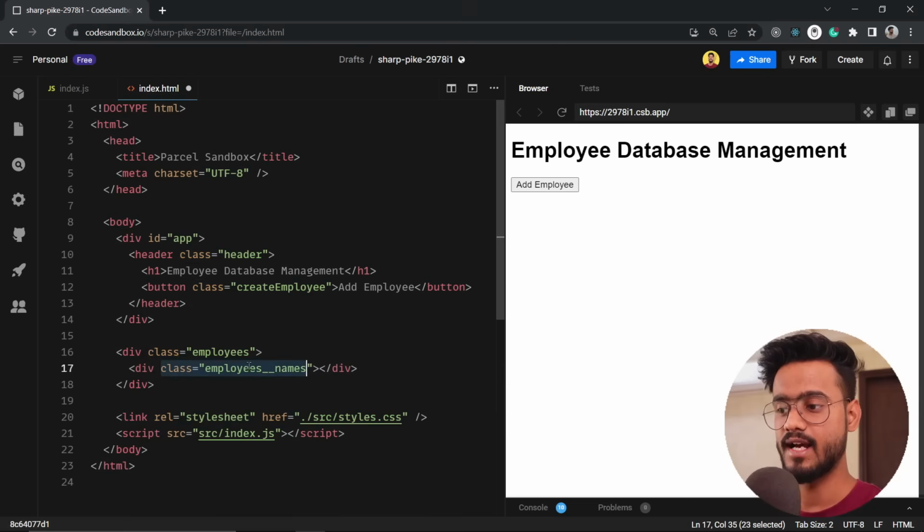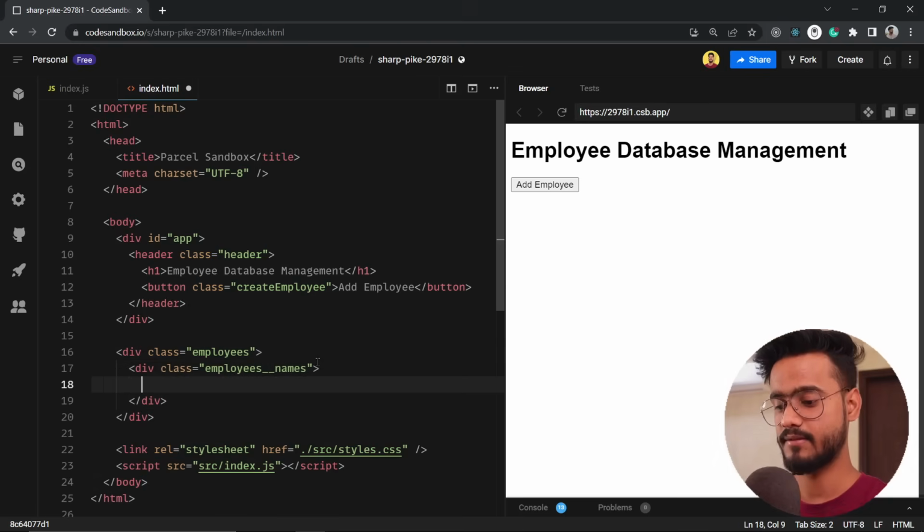So you might be wondering why I gave this type of class name. It's because I'm following the BEM convention over here. It's a common way of writing CSS class names, which makes our code very readable. So all of these points, if you follow these good practices, it's going to put a good impression on your interviewer that you're following all of these